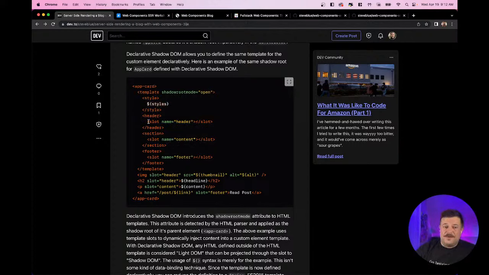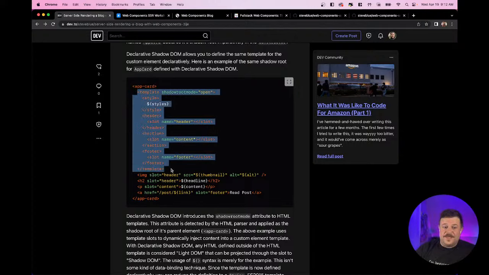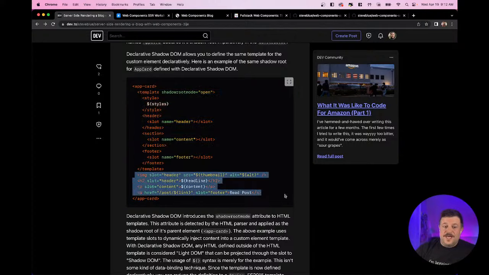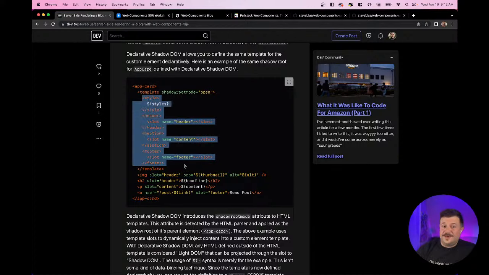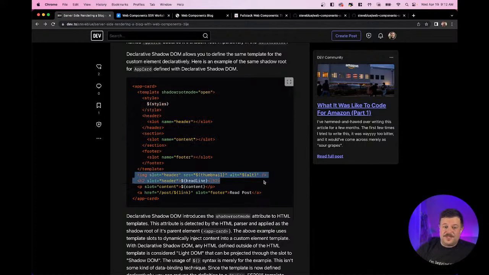So we have this app card, which has some template slots where you can project some content into dynamically. Anything inside of the template is the shadow root, but anything outside of the template is like light DOM. So even with Declarative Shadow DOM, you could declaratively project some content into the template here. And you can see we're going to project an image and an H2 element, as well as a paragraph and a link